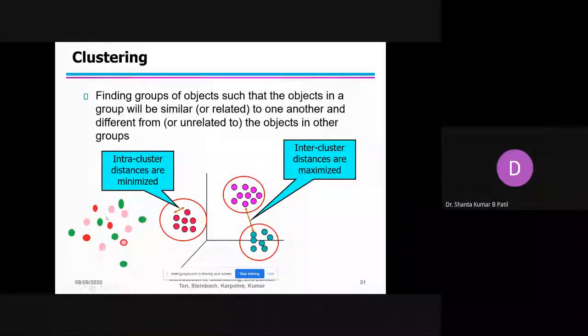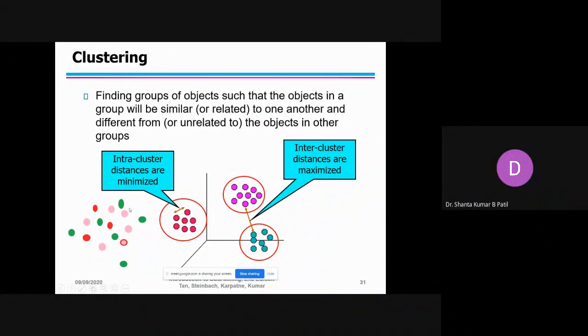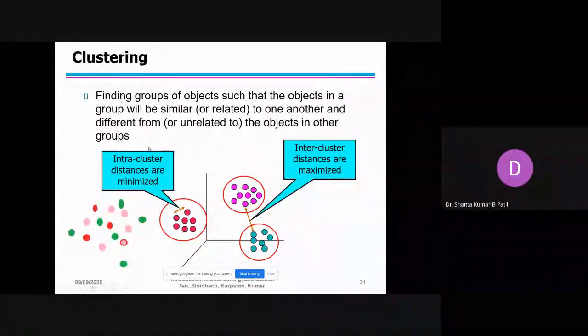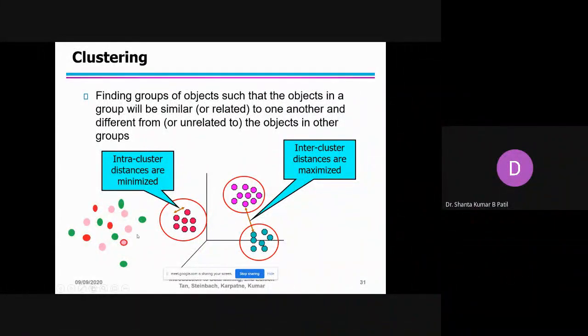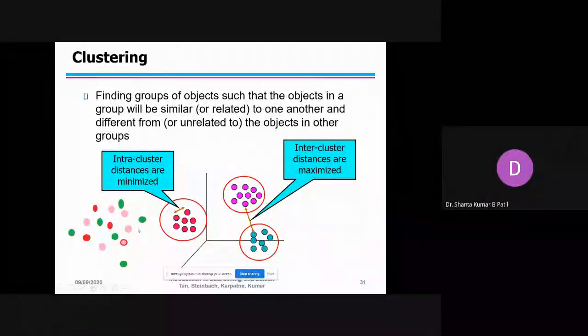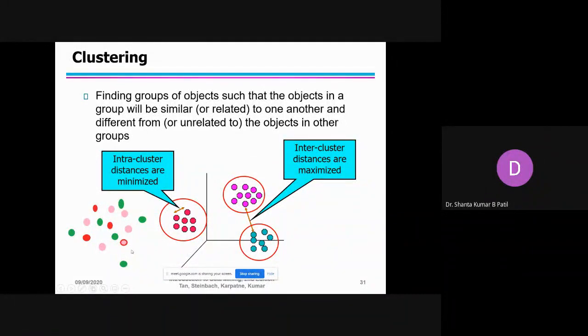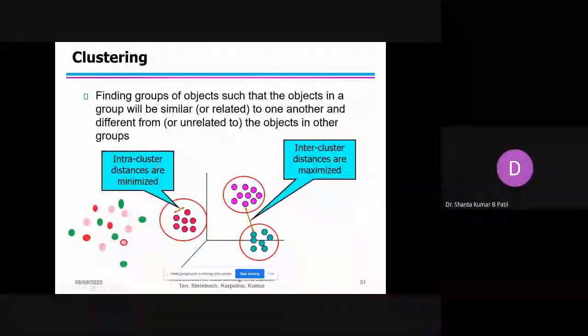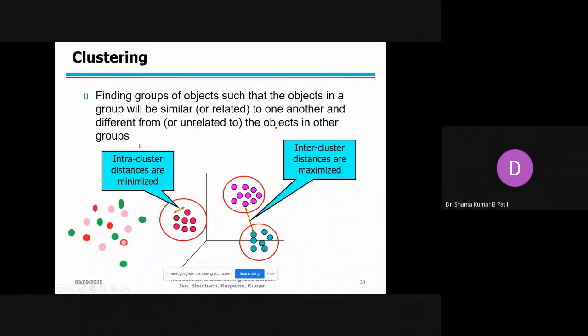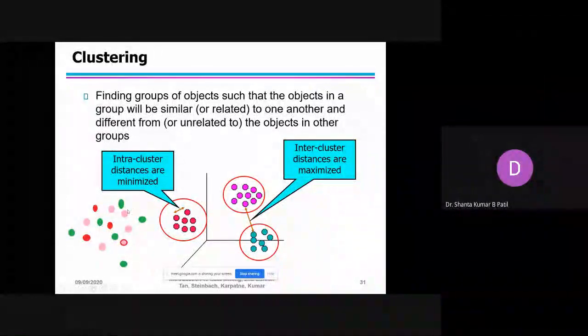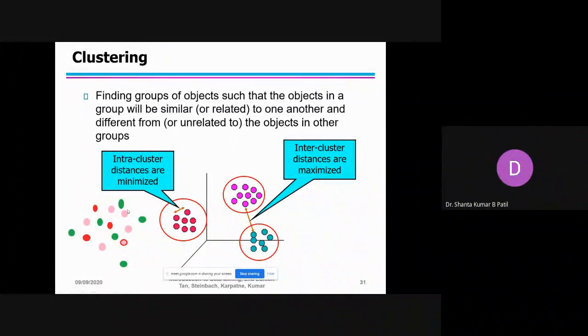Otherwise, what happens? This is a dark green, and some other is marked as light green. If the data mining tool is applied directly, it is very difficult to segregate these things. Even if you do segregate, it takes a lot of time. If you apply the clustering task to the warehouse, it segregates all the varieties of data which are available in the data warehouse. Accessing is very fast with the help of the clustering.